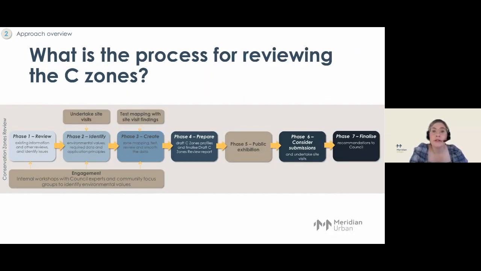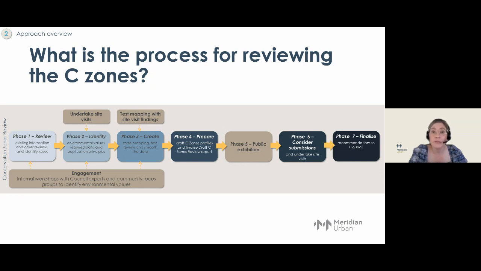The approach for undertaking the conservation zones review required a robust research-driven process and focus group engagement to understand local issues and experiences and identify those important environmental values and hazards across the Northern Beaches that need to be protected and managed. In terms of developing the conservation zones, Phase 1 involved a review of existing information such as state expectations and policy requirements, other conservation zones reviews undertaken by other councils, including the Northern Councils' E-Zone review, which was undertaken by the state government, technical information, including supporting technical studies and mapping prepared by council, which is also out on public exhibition at the moment,